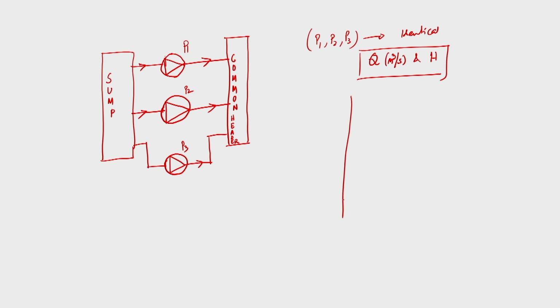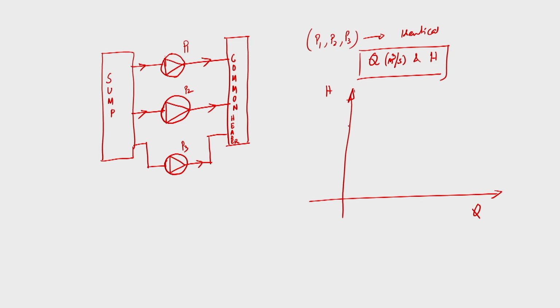So, what you have to do, again you have to install another pump. My question is, suppose I draw the H-Q curve. Since all the pumps are connected to a common header, and from there another line is connected to different places, they are supplying water at different places. Our objective is to operate two pumps in parallel, so that the discharge by both the pumps will be just double.